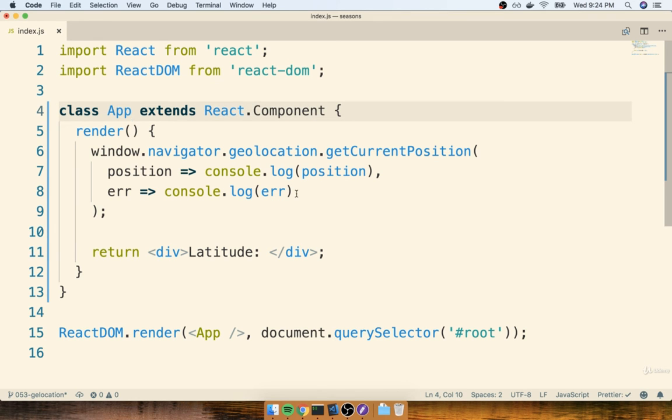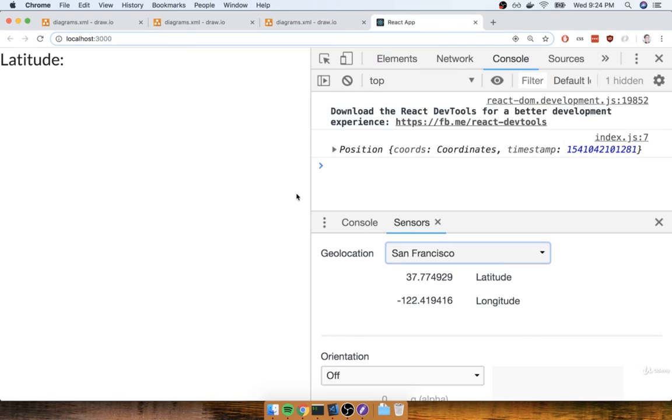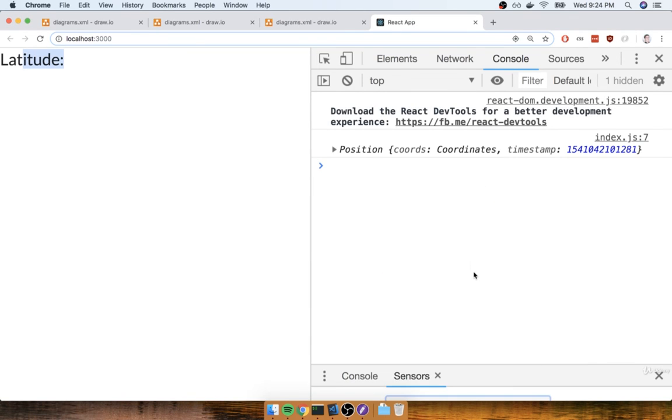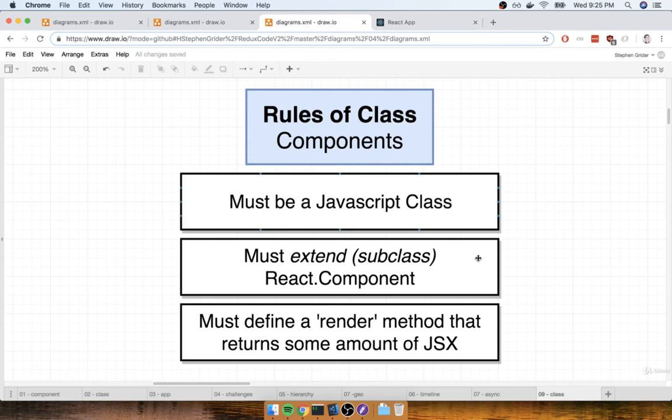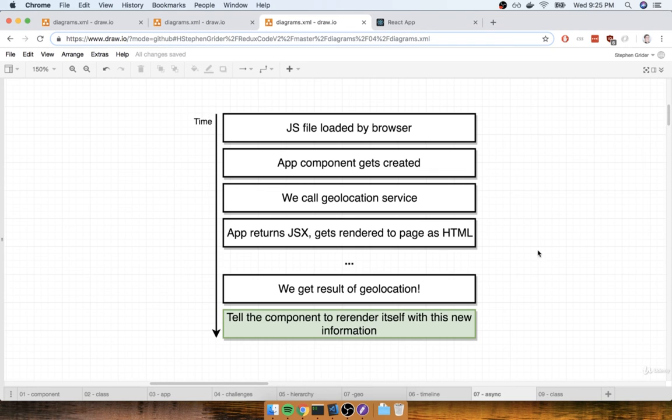All right, so let's now save this. I'll then flip back over to my browser. And at this point, I'm just going to expect to still see Latitude appear on the screen. And it definitely does. And I can refresh the page, and yep, I still get it like so. Now, just turning that functional component into a class-based one is not going to inherently solve any of the problems that we have around fetching or taking too long to determine our physical location. Just using the class-based component alone doesn't solve anything. But it's step one towards getting to a solution.